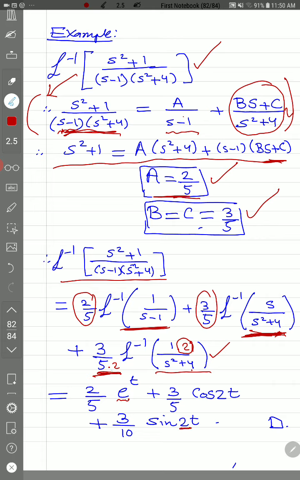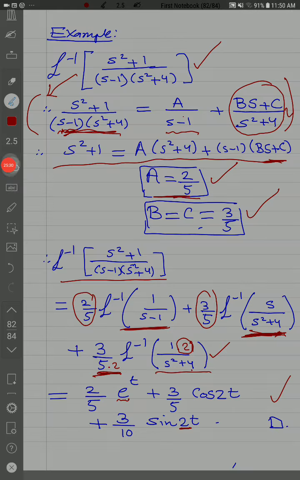And it will be 3/10 because we multiply by 2 to put it in the standard form. This finishes the inverse, and we finished 5.1, 5.2 and 5.3 very quickly, but it's just background. The most important is how to solve a differential equation by using Laplace transform and using the table of the